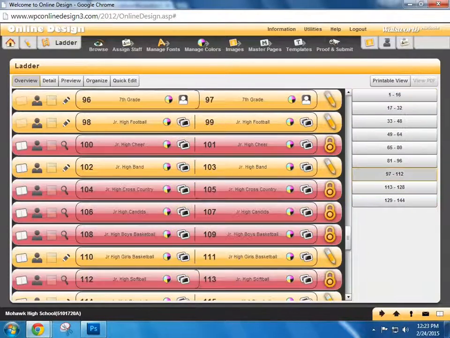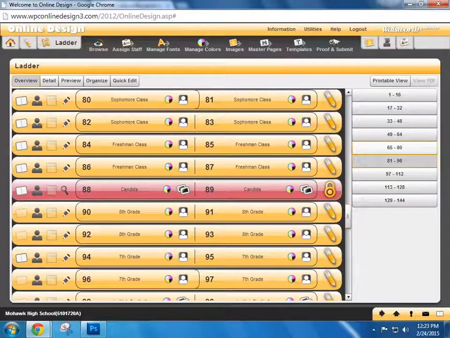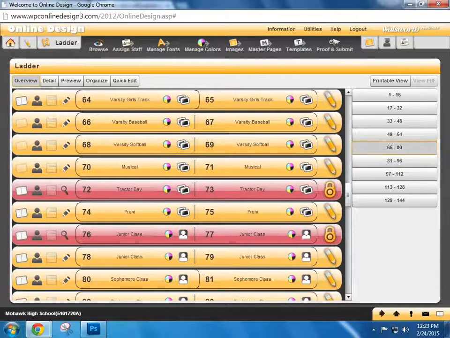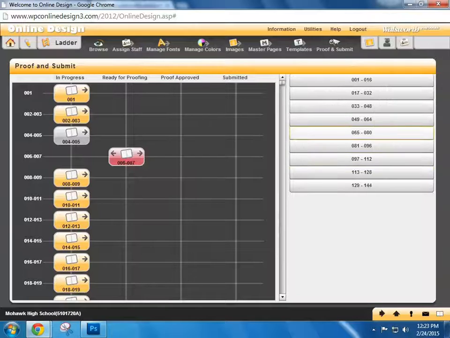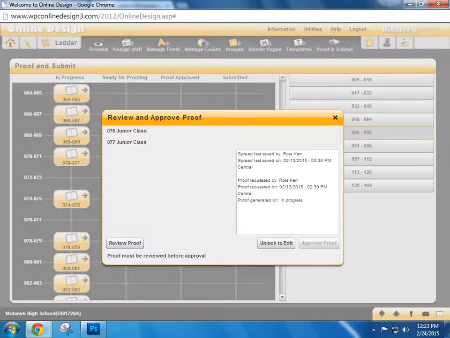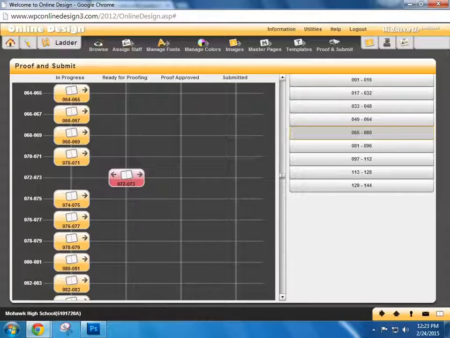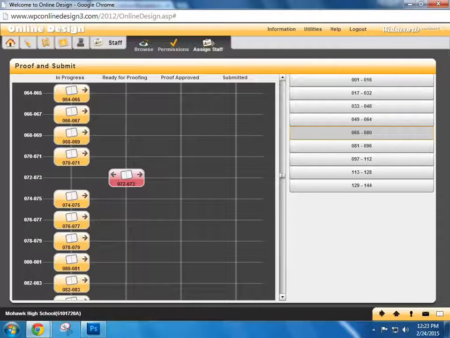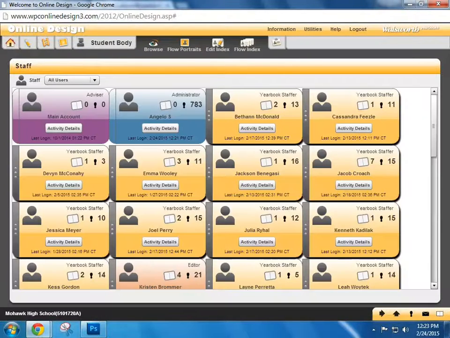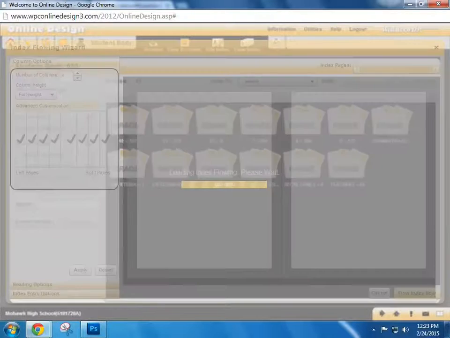Did you set the 7th grade one up already? Just for testing, yeah. Oh, you see what's happening here? This is the junior class spread. For some reason, that was locked up, so I'm going to have to unlock it. 76 and 77. Unlock to edit. I go back to student body. Okay, so anyways, once you flow them,